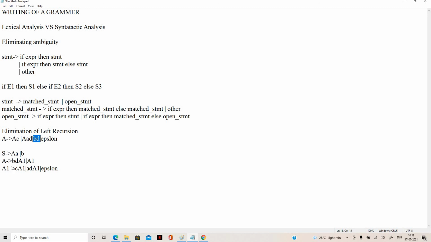What is meant by A dash? A dash is nothing but C A dash, A D A dash, epsilon. So it may be the combination of epsilon also, and we can apply it based on the situation. Whenever we have A dash, it can be epsilon, or it may be C and A D. So A A D is there, then I can apply these things. So I just rewrote the given grammar to eliminate the left recursion. And next we discuss left factoring.